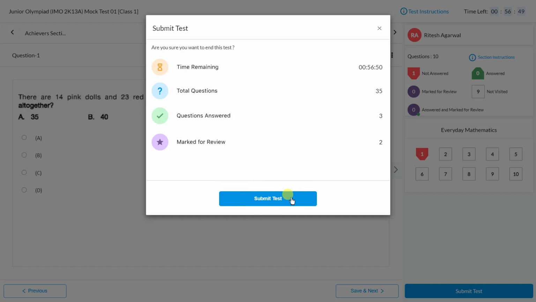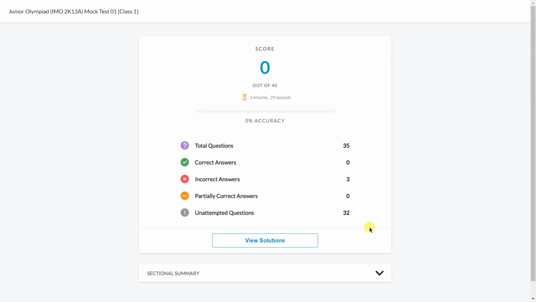And in any test, the first attempt will be considered for rank preparation. Okay, you can give the test multiple times for your preparation and understanding, but the first attempt will count for ranking amongst the other students who give the test. Now I am submitting the test, and you will get the final details here, how much score you have obtained. I have done it randomly, so all questions are incorrect, so I have scored 0. You have to give the test carefully so that you can score your maximum.